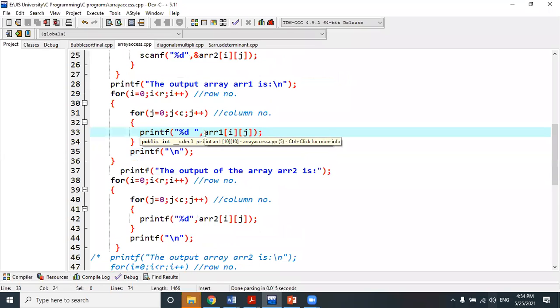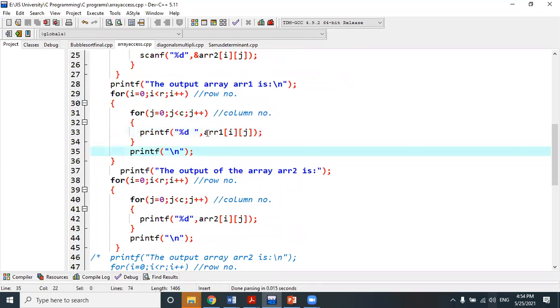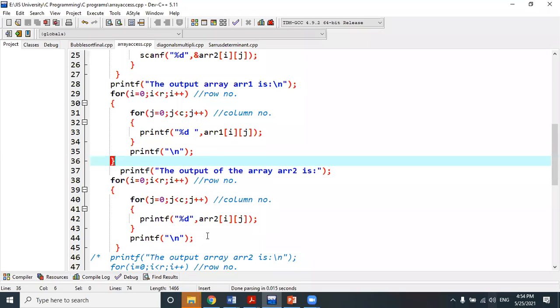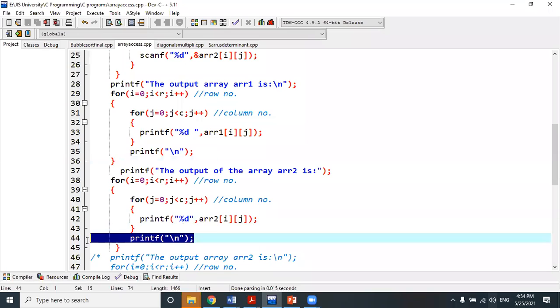Just omit the ampersand. You know that with printf we don't require an ampersand. And you have to put one new line. Remember, during the star print, I showed you why we should put a new line. If you don't put a new line, then the matrix elements will be printed in a single straight line. Understood? We use the new line to make the formation of the matrix.